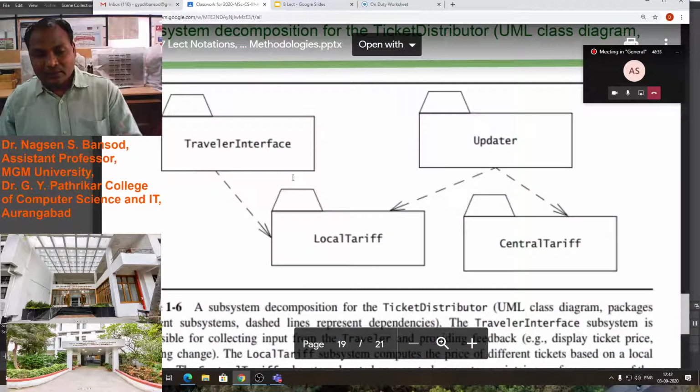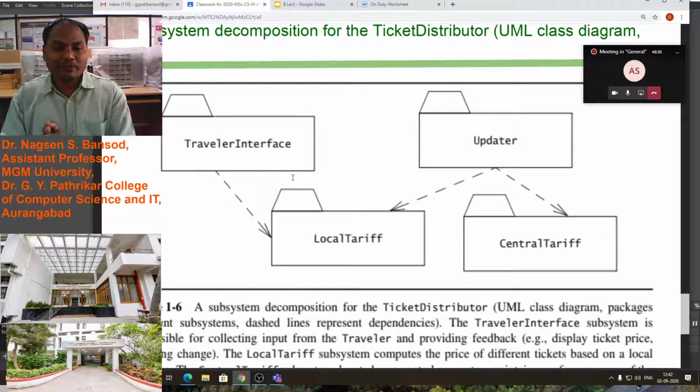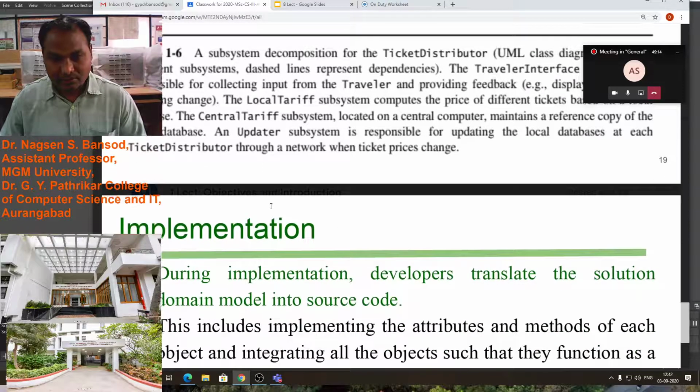We have to create such subsystems within the big project. Then it will be easy to design the software. Why are we doing these subsystems? To create small objects so that it is easy to reduce the complexity as well as to reduce the burden on the project developer. We make small subsystems, and then each subsystem can be designed by our programmers, our designers. This will be easy to design.